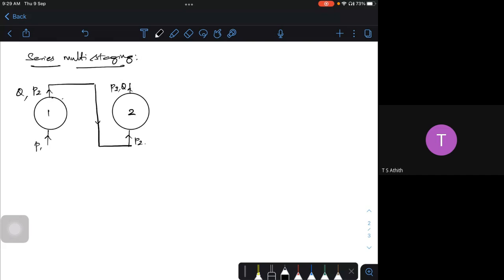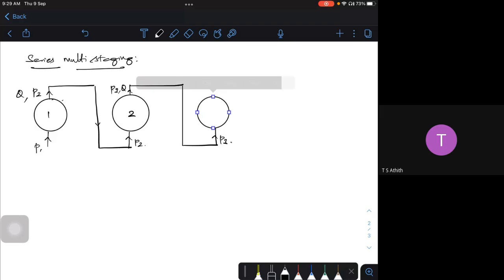I can go to the third stage. The same thing follows. So it goes to the third stage. This will be P3, and I have the third stage compressor. It comes out at P4 with the same discharge, that means Q. So when this series arrangement is considered, maybe you have your centrifugal compressor,